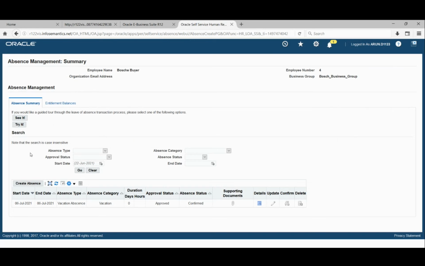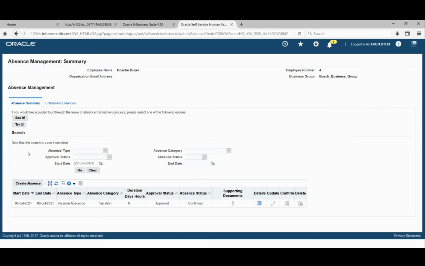Self-service is nothing but something I can do by myself, so self-service will always be in OA forms. Java forms are mostly handled by the HR managers or HR executives because they are the ones who create everything. For example, the appraisal process is created by HR executives. They will create the objectives and then initiate the workflow to start the approval process for both employee and manager. Those cases will be in Java forms, but this is the employee's own record, so this will be in OA forms.